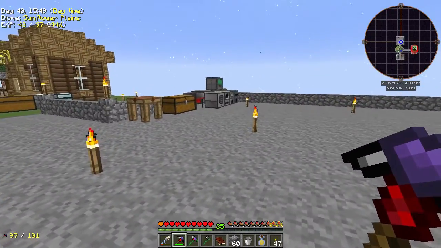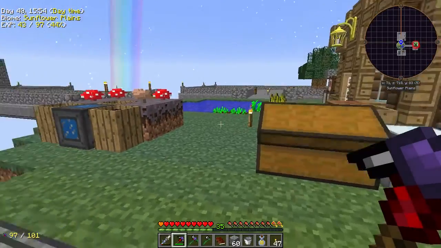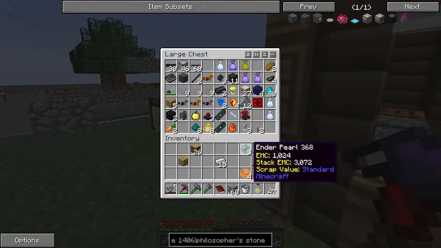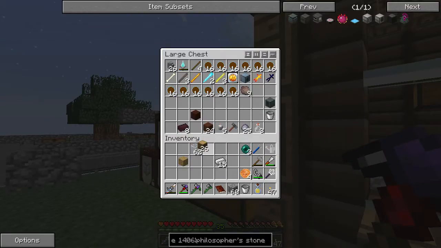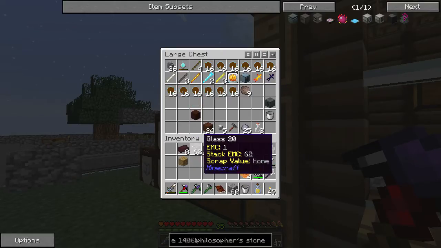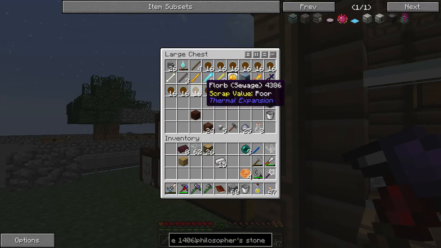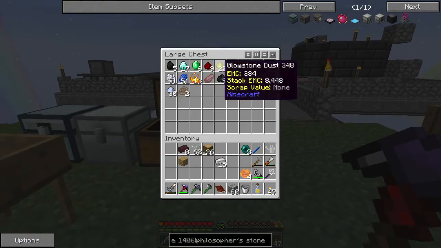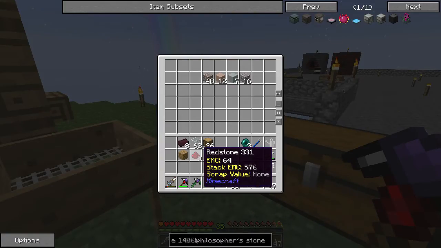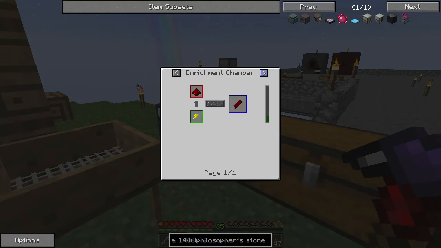So we're going to need 2 machine frames, so we're going to need quite a bit of iron and some glass, which I have glass over here. Can't wait to get an ME system up and running. We are also going to need nether bricks, so I can do that pretty easily. Invar, gold, lead, and redstone. Ooh, I am actually really low on redstone. But I should be able to make...